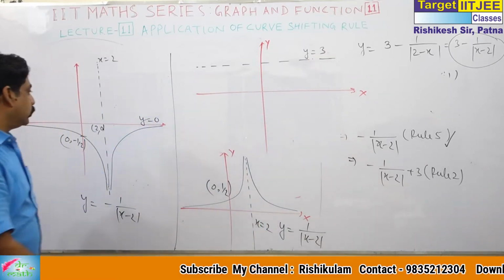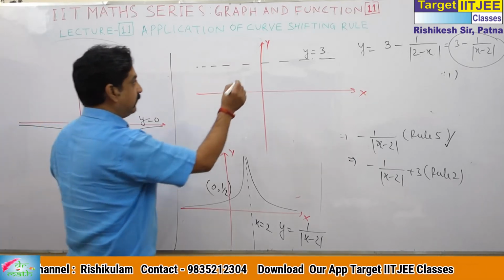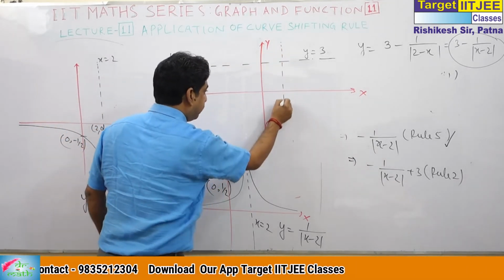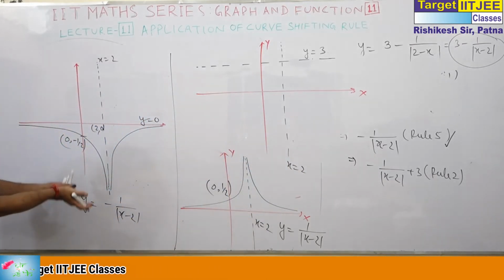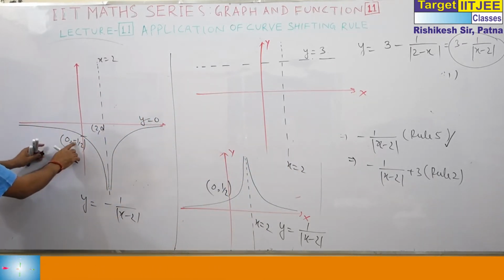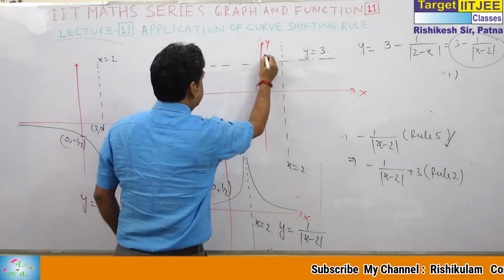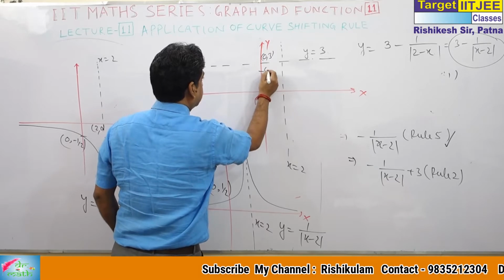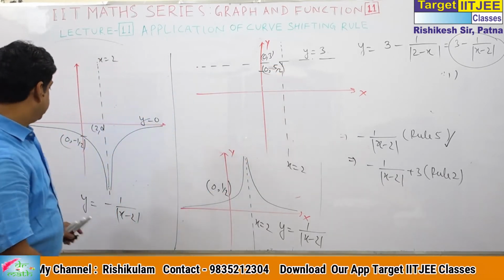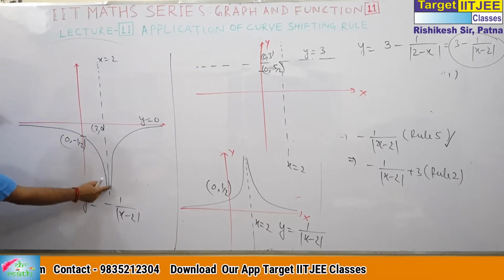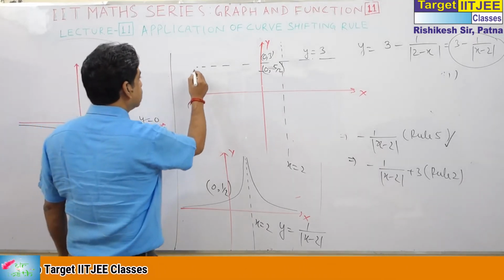Asymptotes as y is equal to what? And y is equal to 3. This will also prevail. X is equal to 2. And when we take this 3 units upward, this point 3 minus 1 by 2 is 5 by 2. This is actually 0, 3. Like 0, 5 by 2. With this, the graph will look like this. So it will go like this.